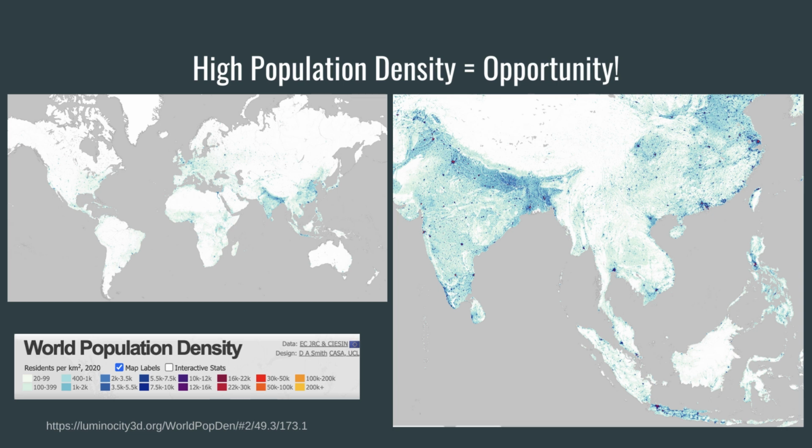A unique option related to this specific area is the high population density. If we note the overall map of the world's population density, a lot of the significantly high density areas are primarily within India, but within all 4 of these Southeast Asian countries, allowing for significant opportunity in terms of trade